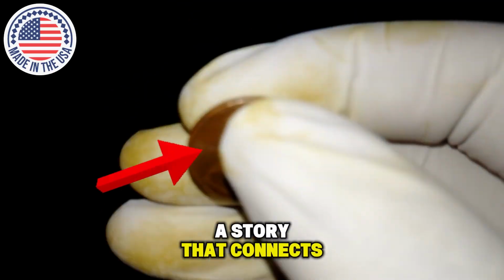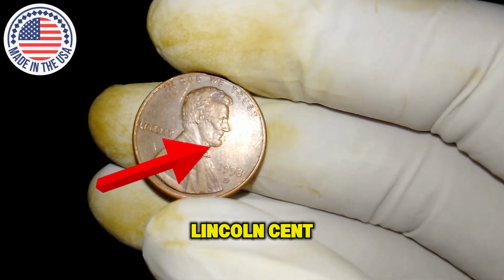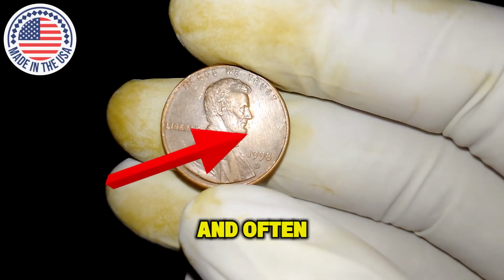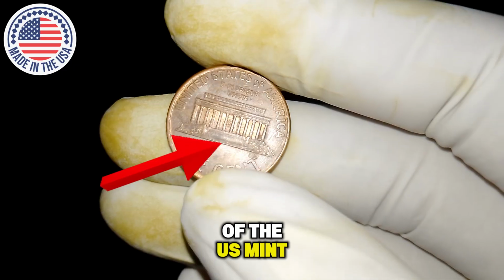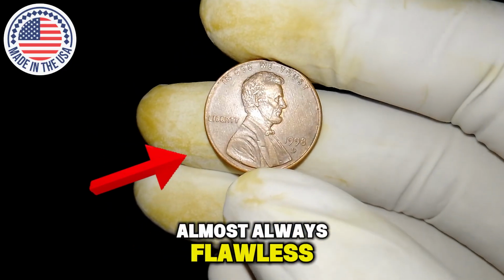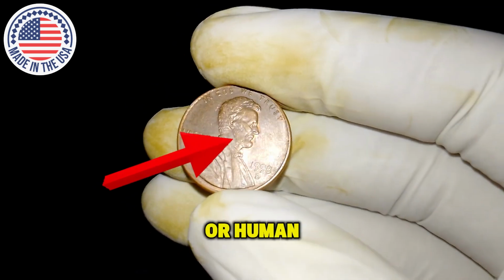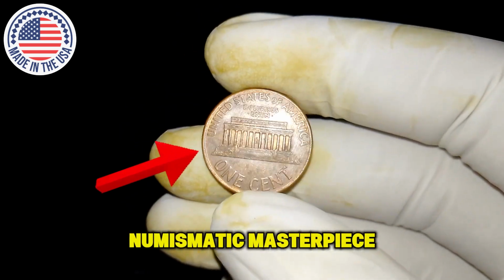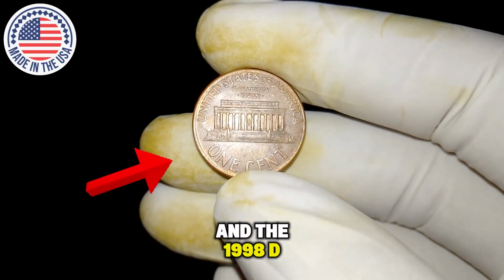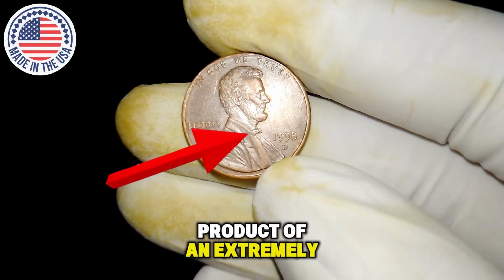A story that connects us to the broader tradition of American coinage, the evolution of the Lincoln cent design, and the intricate and often secretive processes of the U.S. Mint, where billions of coins are produced every year with precision that is almost always flawless, but where the occasional slip of a die, misalignment of a press, or human oversight can create a numismatic masterpiece. And the 1998 1-cent coin is just such a masterpiece, believed to be the product of an extremely limited and